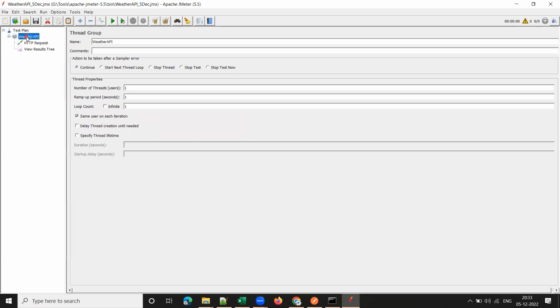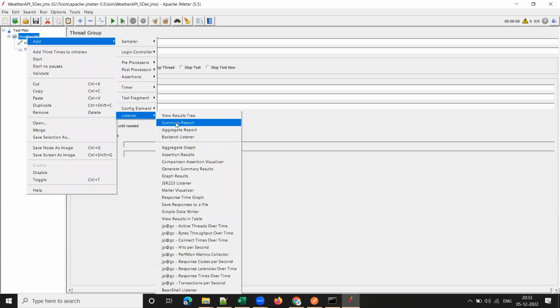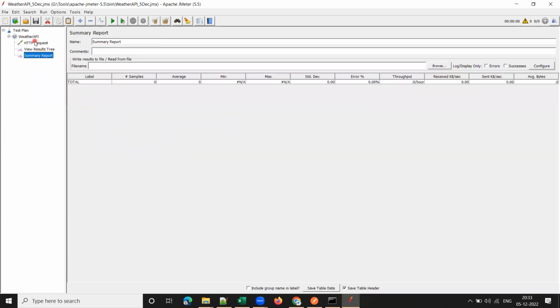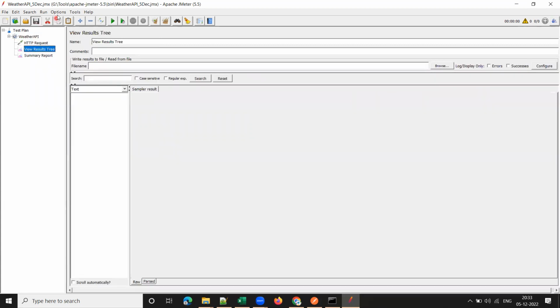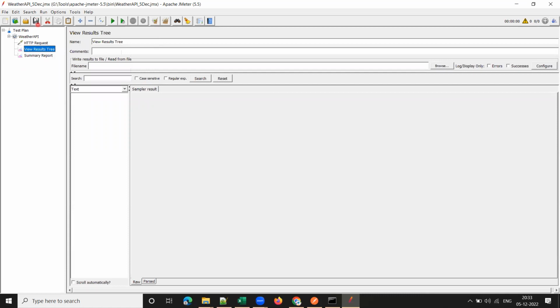For that, I add one listener. You can add either summary report or aggregate report, anything is fine. Save it once. And observe here in options, make sure that this is selected, save automatically before run, so that you do not have to click save explicitly. Now simply click on send that,